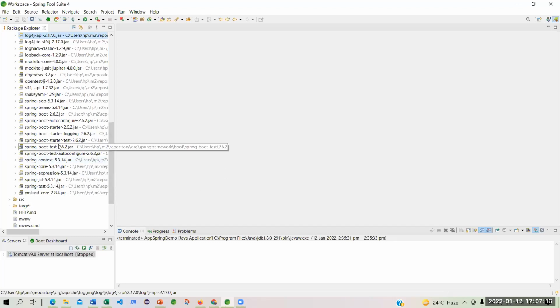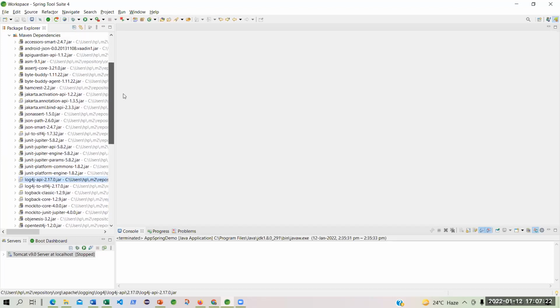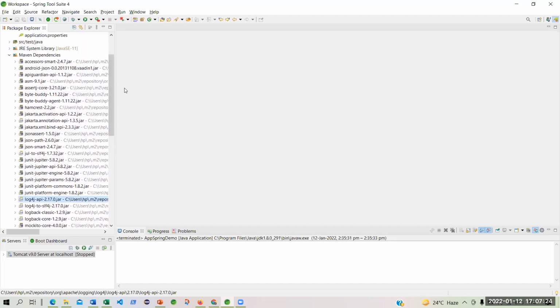Even now we are not using anything of, you see, I am right now not doing anything which will, like in JSP Servlet, in any web application, we are going to use what? A web server, and that is Tomcat.